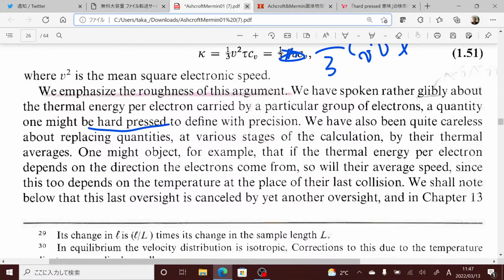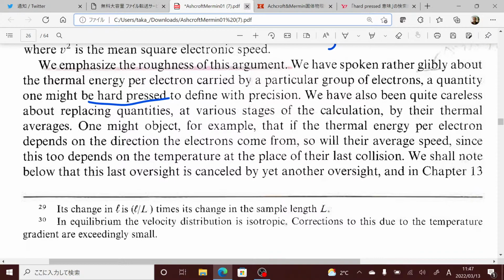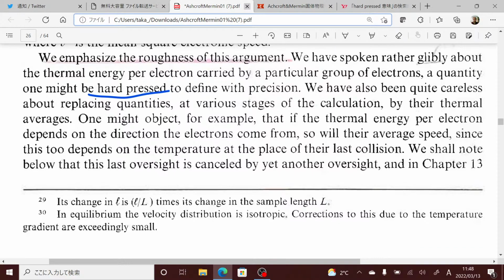One might object, for example, that if the thermal energy per electron depends on the direction the electron comes from, so will their average speed, since this too depends on the temperature at the place of their last collision. We shall note below that this last oversight is cancelled by yet another oversight, and in chapter 13,